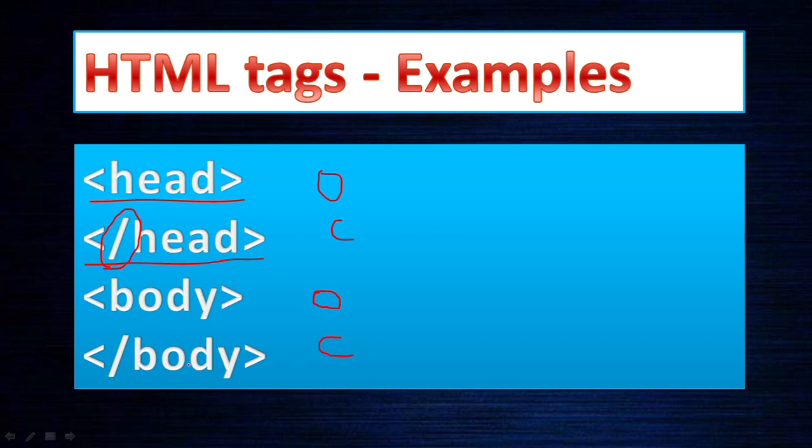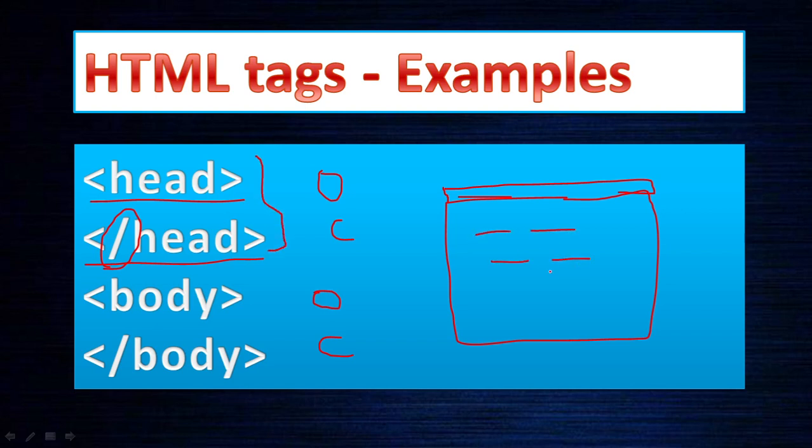As the names indicate, when you have a page like this, head is the title bar. So on the top you have a title bar. Something you want to display here all comes under the head. The body, the rest of the content you want to display on the page, is the body. So all the things will come under the body. Therefore there are two tags, one is a head tag, the other is a body tag.